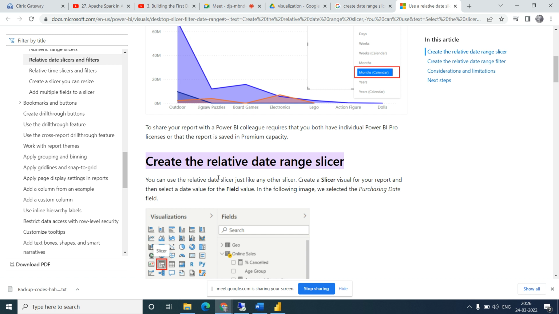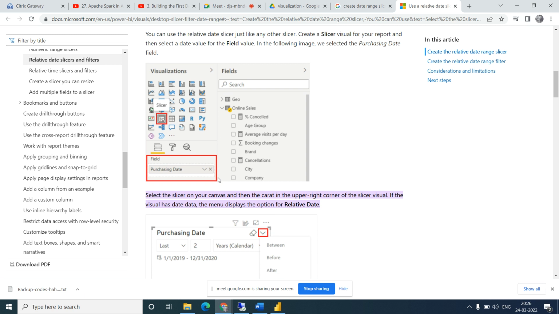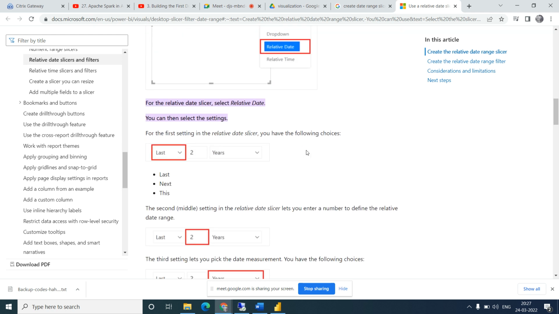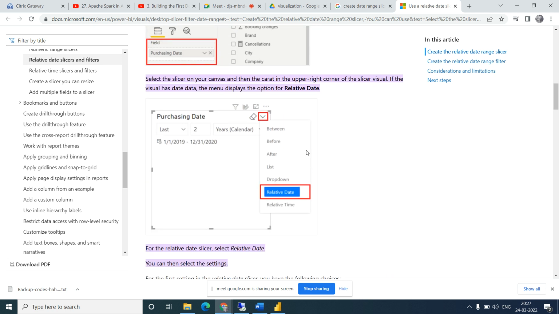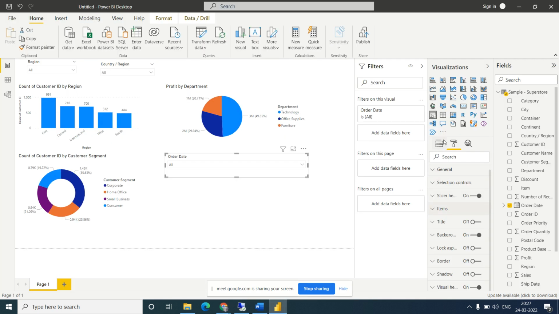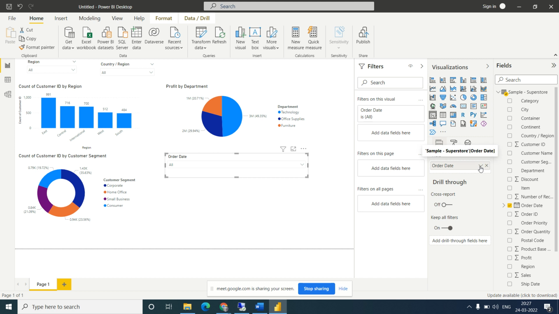Okay, create a related date. So first we need to select the related date.